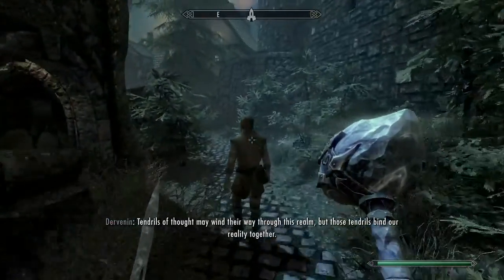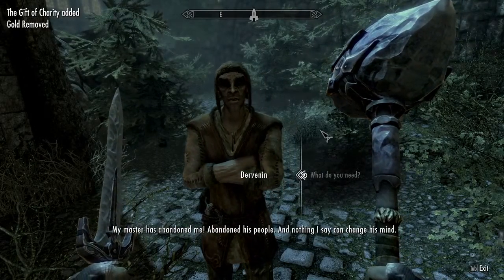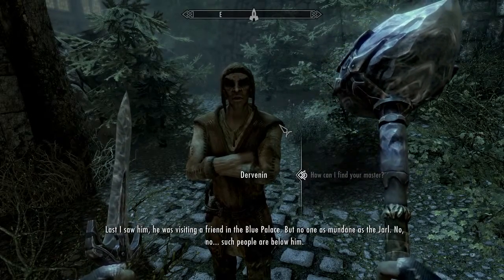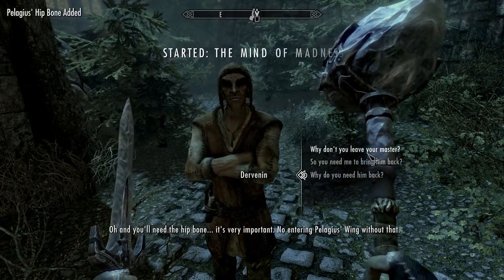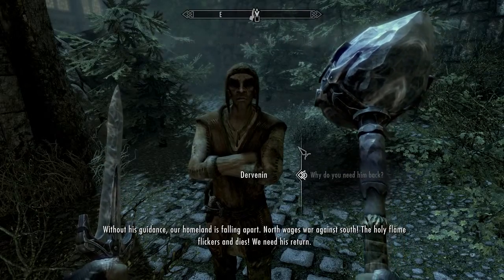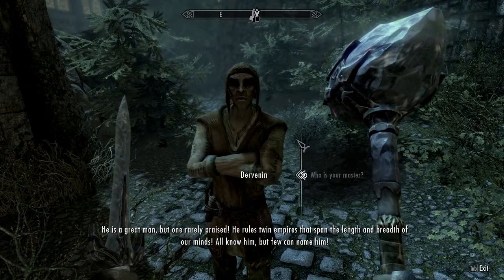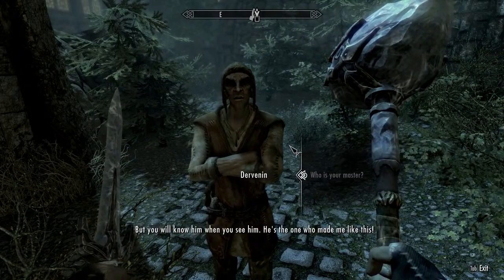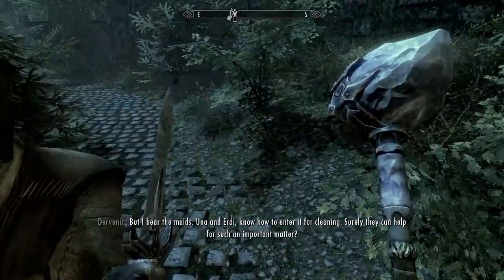Shogorth, hello. I would recognize that voice anywhere. You help people, right? Oh, thank you. My master has abandoned me. Now he refuses to even see me. He says I interrupt his vacation. Last I saw him, he was visiting. No, he went into the forbidden wing of the... Oh, and you'll need the hip bone. It's very important. Oh, you just don't understand. Without him, I am not free. Without him, I am doomed. Without his guidance, our homeland is falling apart. Oh, but I'm sure he'll repay you when he comes to his senses. He is a great man, but rarely praised. He rules the Twin Dimensional Empire. He has forbidden me from saying his name. He says it distracts him. Well, you will know him when you see him. He stays in the Pelagian, but I hear the maids, Una and Erdi, know how to enter it for cleaning. Surely they could help for such an important...